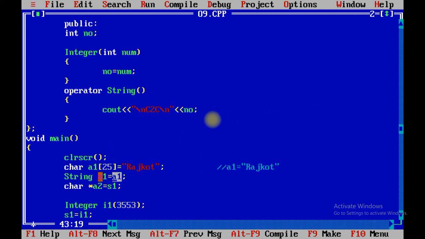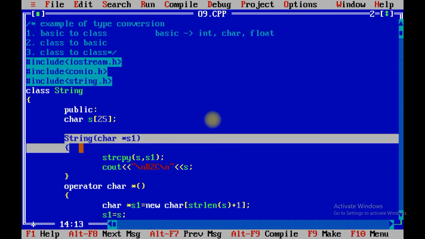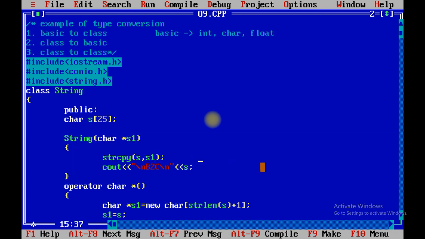So when we create object of any class, it will call this particular module, and we are going to copy the given string Rajkot into the S variable, and it will print basic to class conversion, and Rajkot will print.